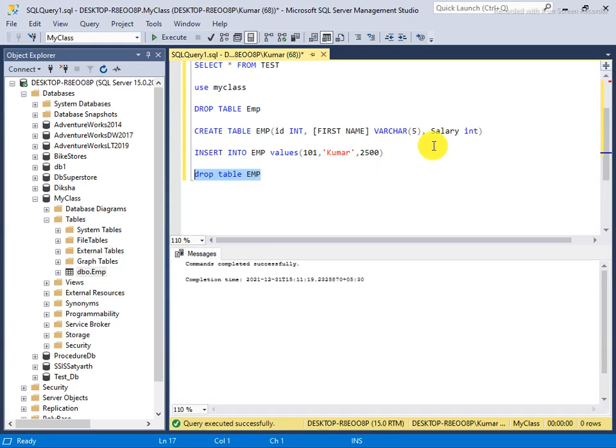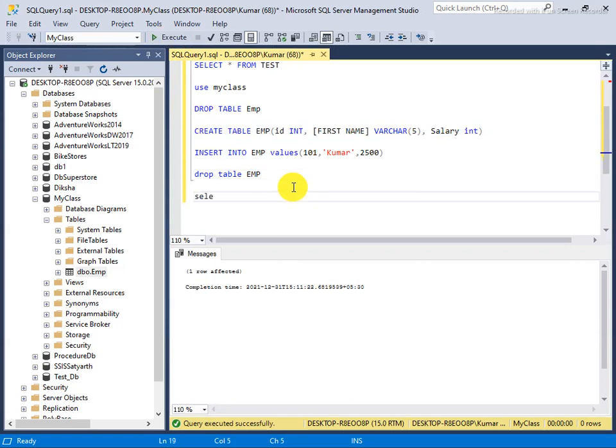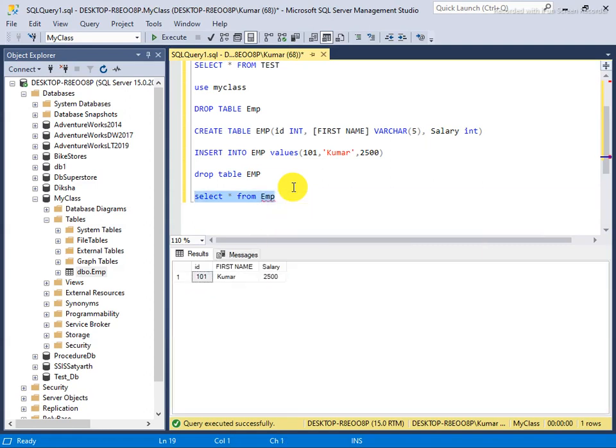I drop it and I make the table again, and now I am going to add a department column here.